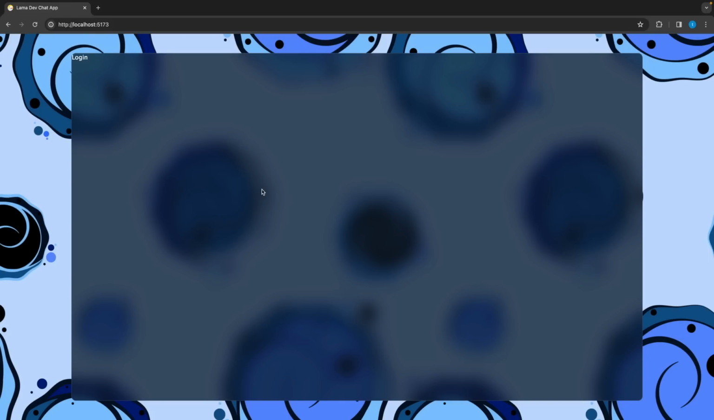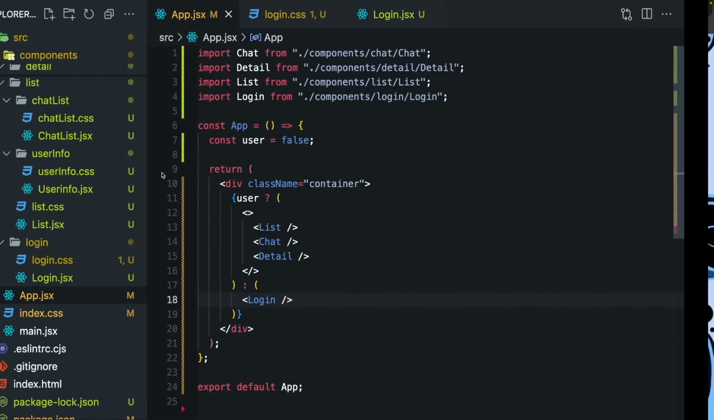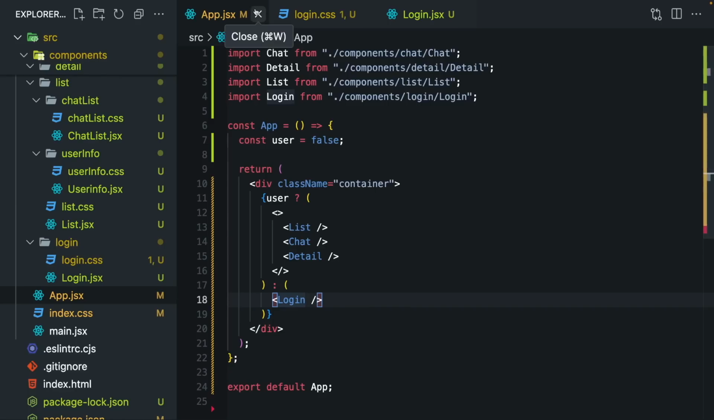So what I'm gonna do is I'm gonna split this login page into two pieces. The first one will be our login inputs and the second one will be the register inputs. So when we want to create a new user, we are gonna use the right side. If we want to log in, we are gonna be using the left side. So I can close here,